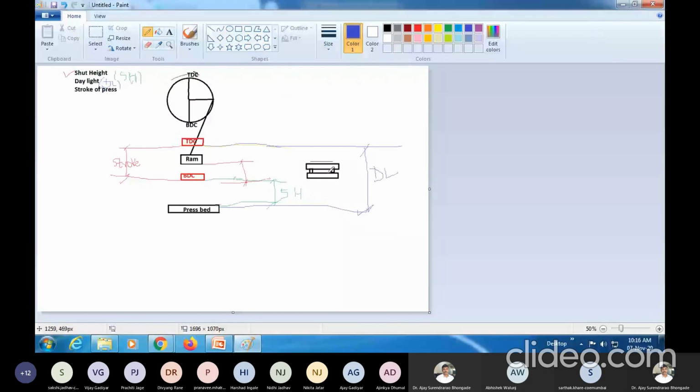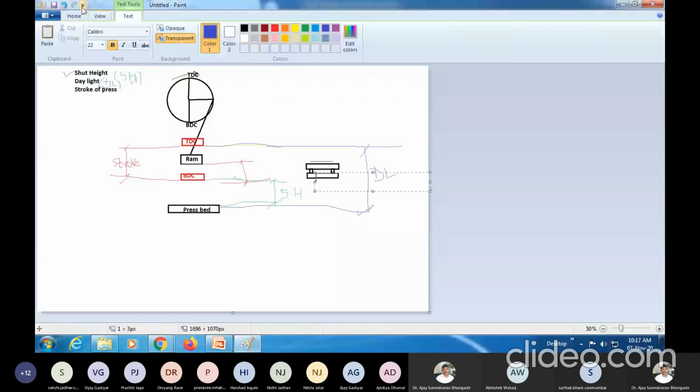Now what should be the shut height? There is another term related with the shut height of the die set. Now this is the die set. When you talk about the die set, this particular thing is the die set.